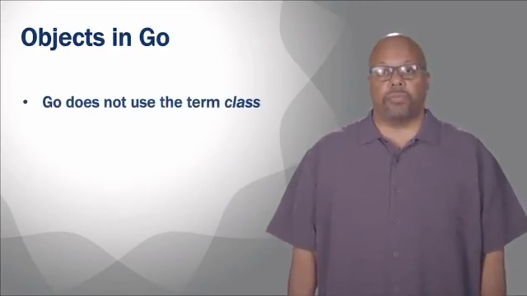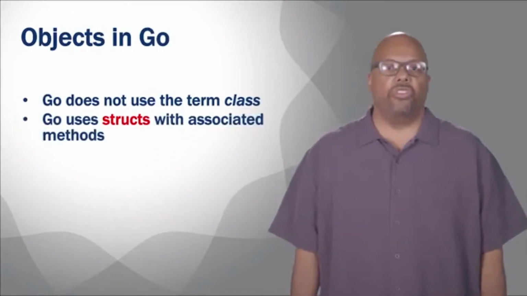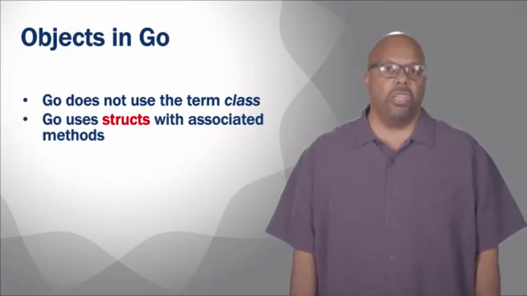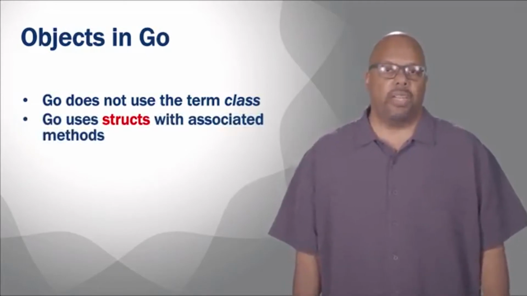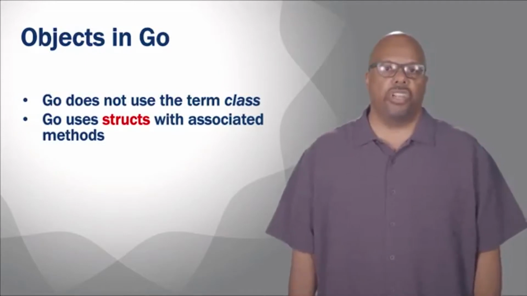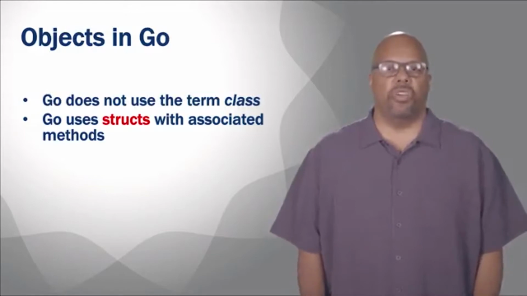Now in Go, we don't use this term class. Instead, they use structs. Structs actually go back to C and probably before that. But the idea of a struct is just the data, the different types of data that you want to associate together. So like with our point class, you'd have a point struct, and it would have an X and a Y and a Z, maybe all 3 floating points, right?